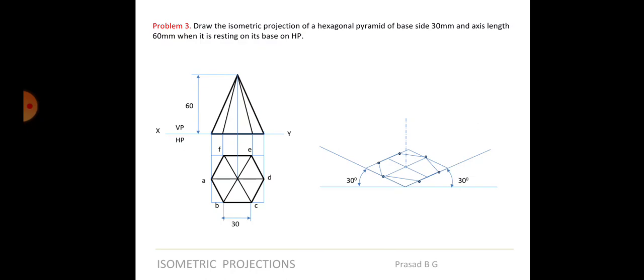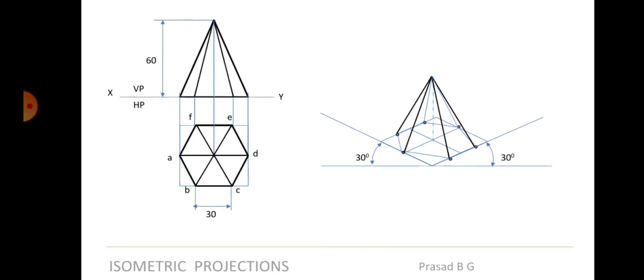Even in solids, here also, you make this hexagon light, take the axis height, and from there you connect it to all the points 1, 2, 3 and 4. Actually, there are 5 and 6 also to be joined, to all the points. So now this is what I want to tell you.